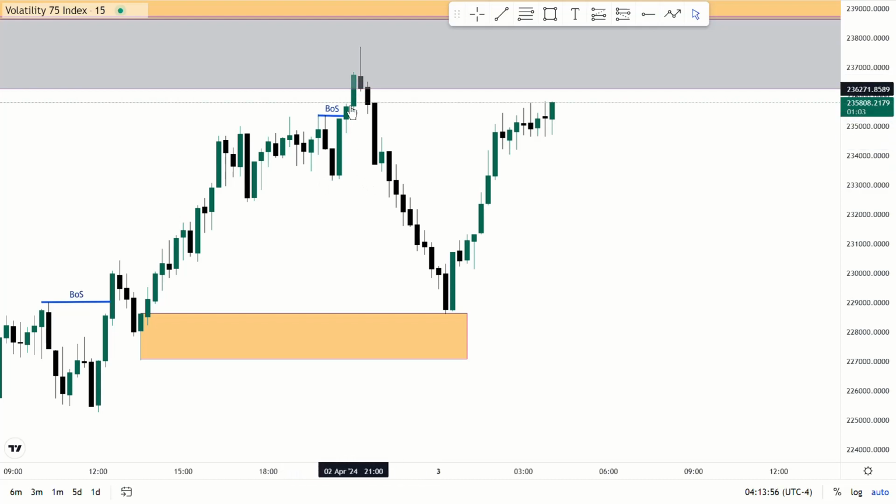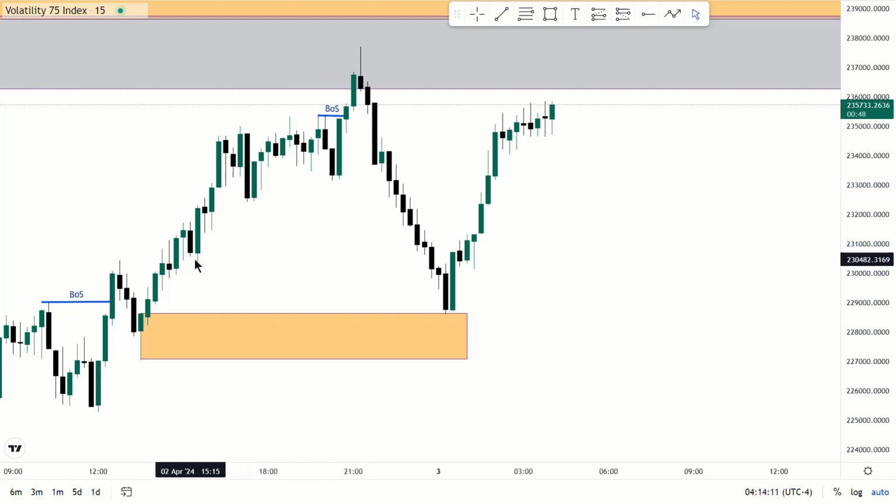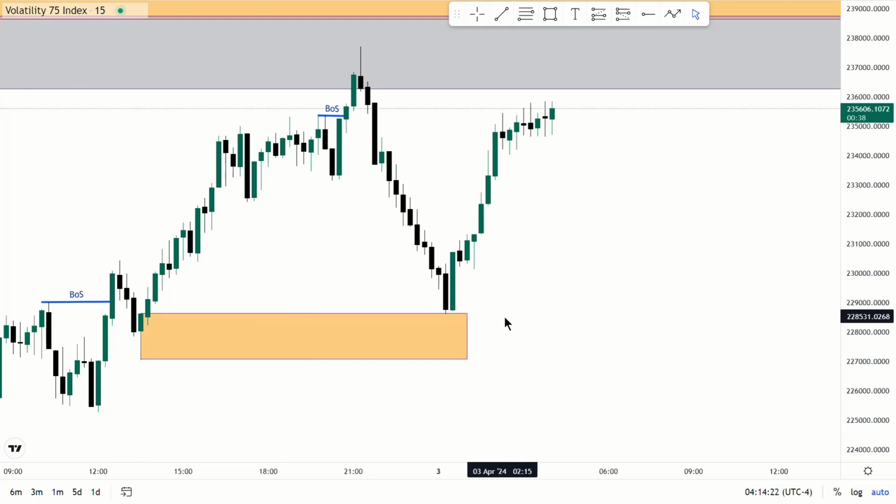In this leg there's no pullback here, so this low right here acted as inducement, and this is where I actually got out. It was not a long trade. The first trade was out right here, and then the second trade was out right here. I didn't go that far down because there was already a really good single candle order block down here waiting just to be tapped. So that's that.